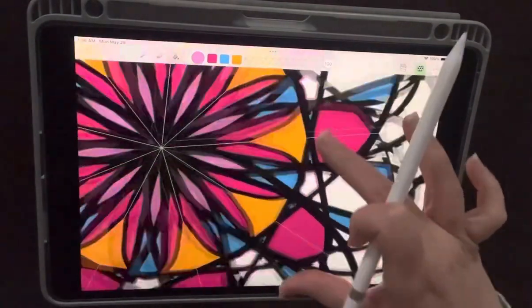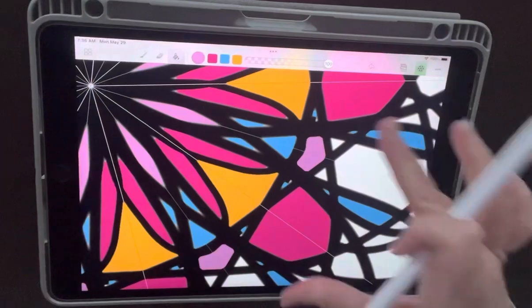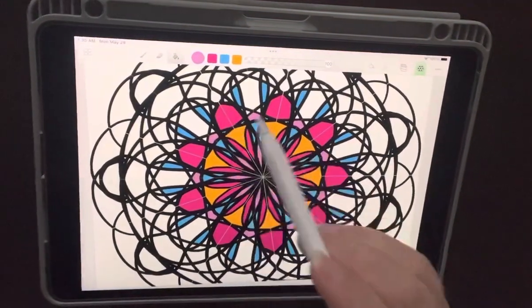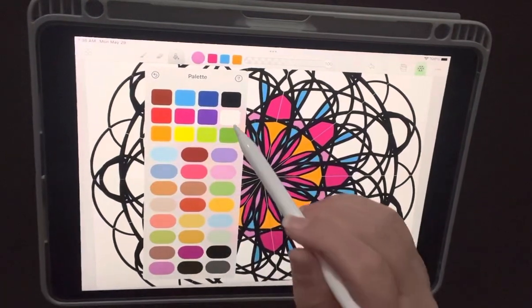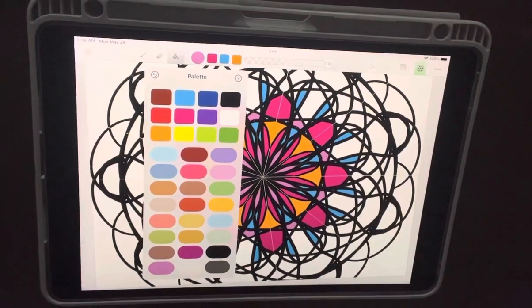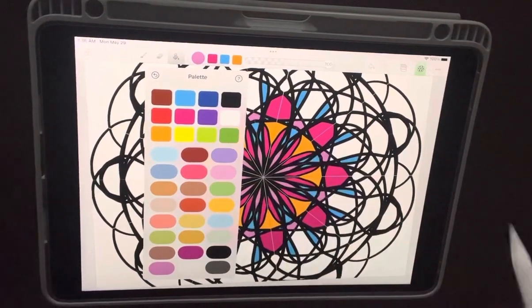Okay, so you're gonna have a lot of colors like that that you can blend, and then if this gets all filled in and you want to do a different color, you can come down and you just color it all white until it's totally white, and then you can start over again, okay? So